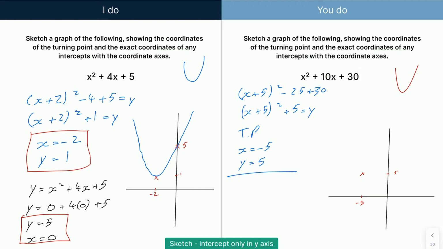So if I go down here and we go y-intercept, this is nice and easy. Just make x 0, so y is equal to 0 plus 10 times 0 plus 30. So I can see that when x is 0, y is 30. So let's say that's there. There we go. And if we just draw a little line on,